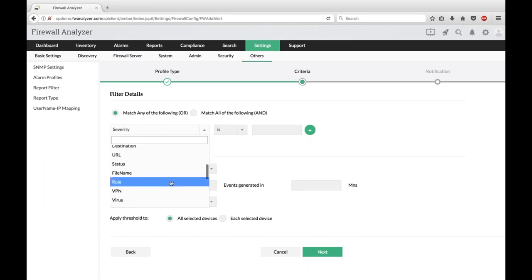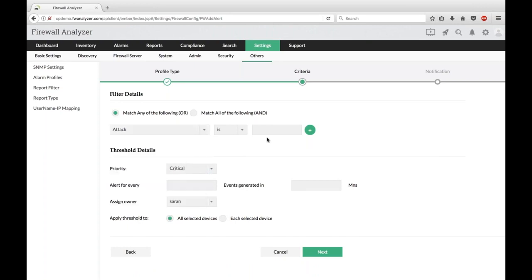Criteria is attack, is ARP, ARP poisoning, and then you can set priority as either critical, trouble, or attention. Right now the priority is critical, and you can alert for every 5 events generated within 10 minutes, and you can assign a specific owner for this specific alarm,